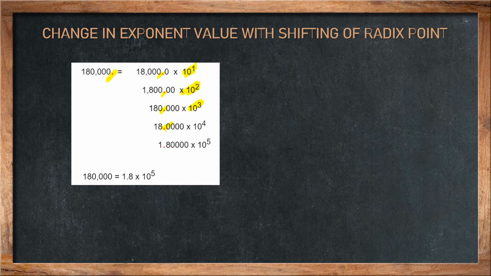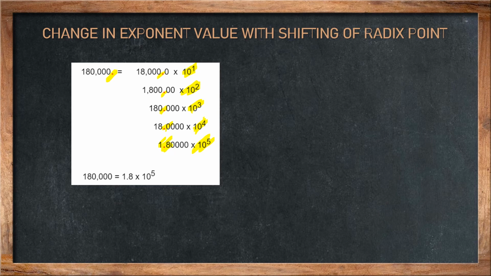So when you shift over here, you need to mention the power this way. See, it is changing the value as well, because first it was 1,80,000. Now in the first step it becomes only 18,000, then 1,800, then 180, then 18. Then 10 raised to 4, and 1.8 we can write with 10 raised to 5. It is not changing the overall value, so the value should not change. We need to mention the base with the power, so my number remains the same.